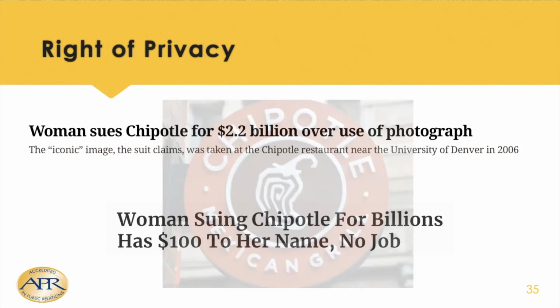Now, Chipotle could argue, did that one image that was posted in restaurants really significantly affect their business? That, of course, would more than likely be the argument from a legal perspective. But to make it go away, of course, they settled out of court with her. All right, so privacy, something we have to think about.